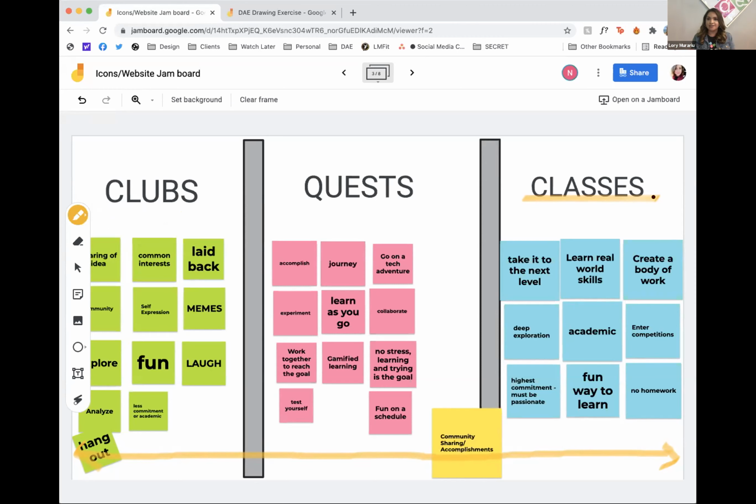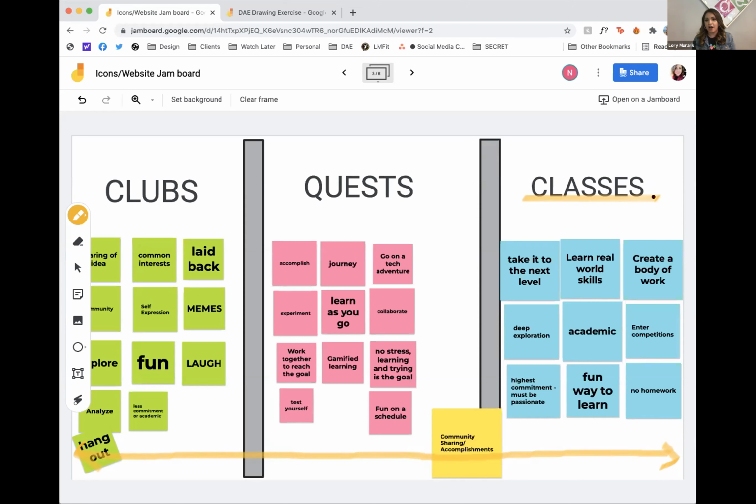And then we have the quests, which are similar to the day workshops we used to run during school holidays. Kids had one day, maybe they couldn't commit to a 6-week class, but they could come in for a day. The quests are based off of that. It's like a journey, right? Maybe we give them a prompt and they have to figure out a way to get to the end result and complete this mission. So that's the overview, and we put them in these 3 sections.